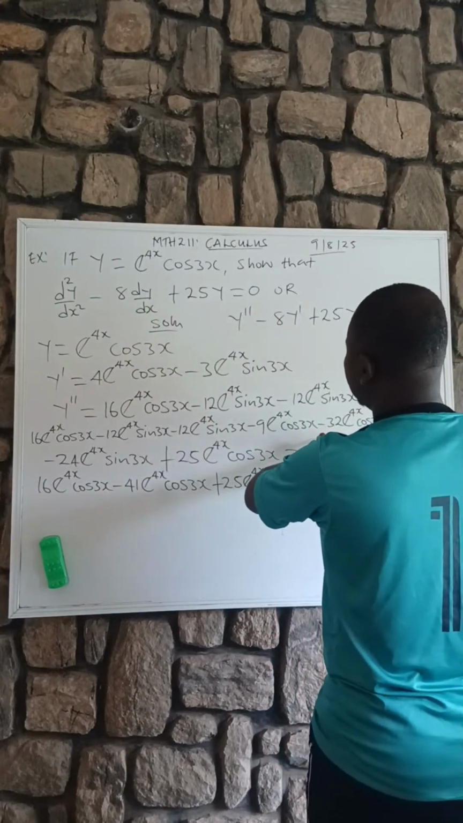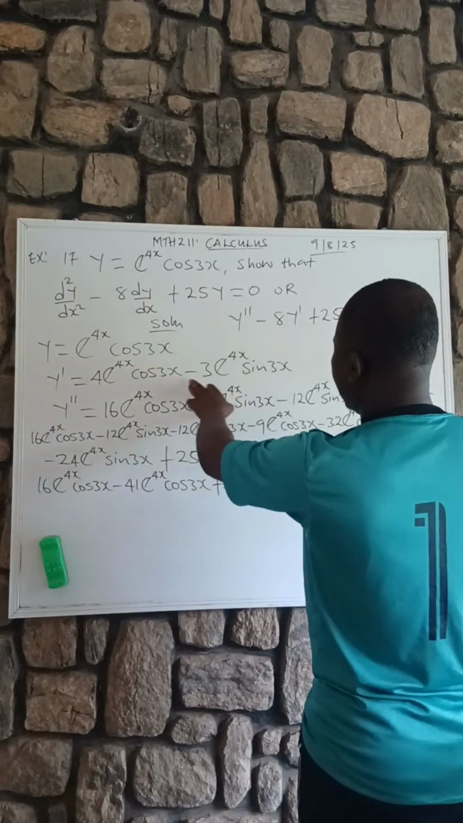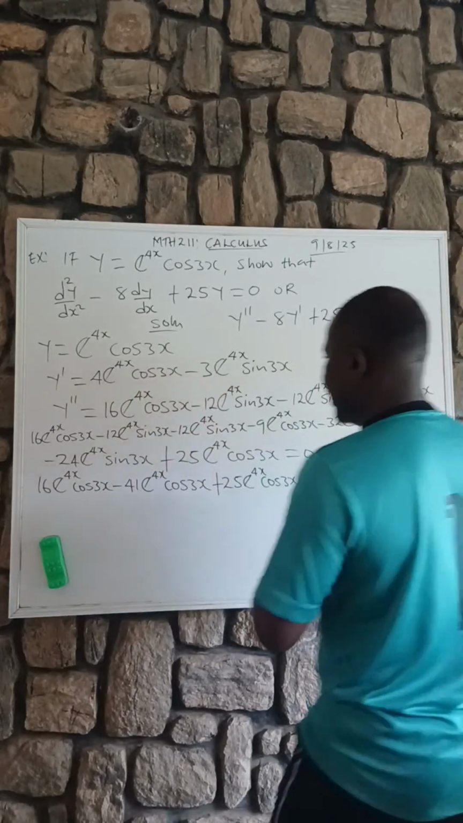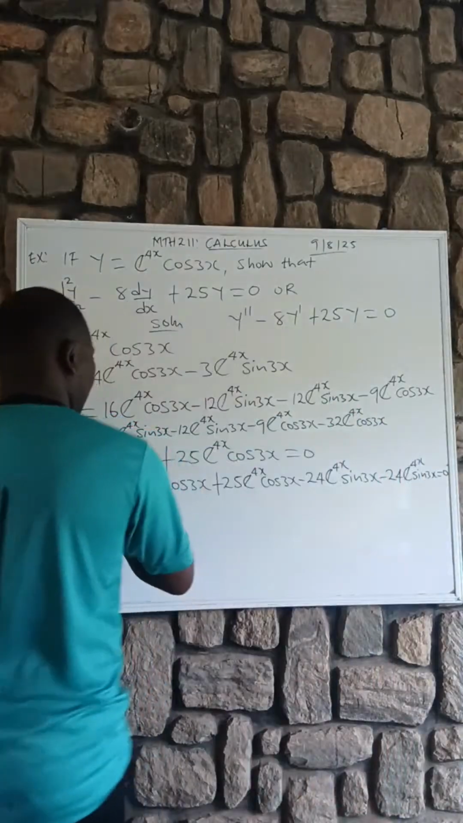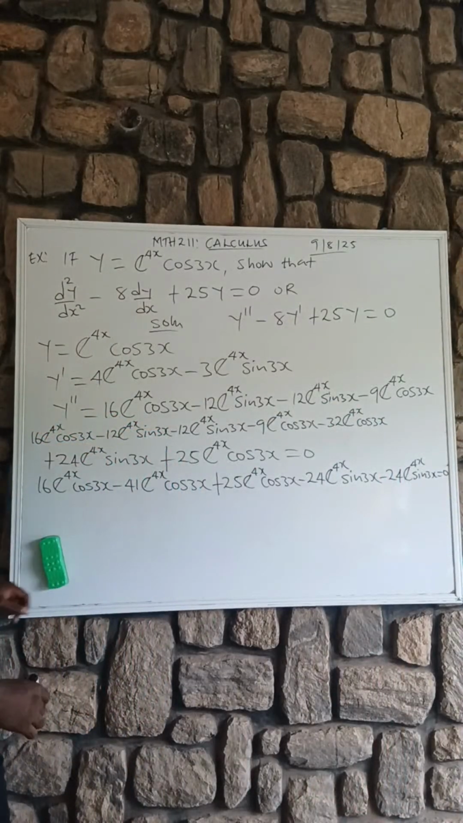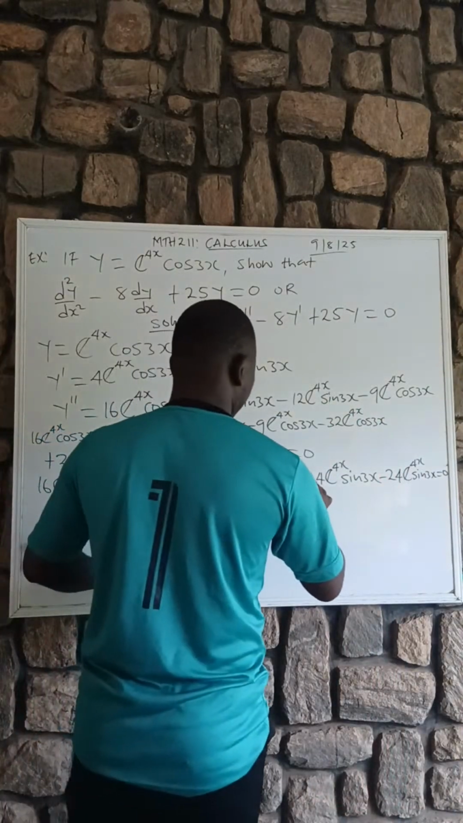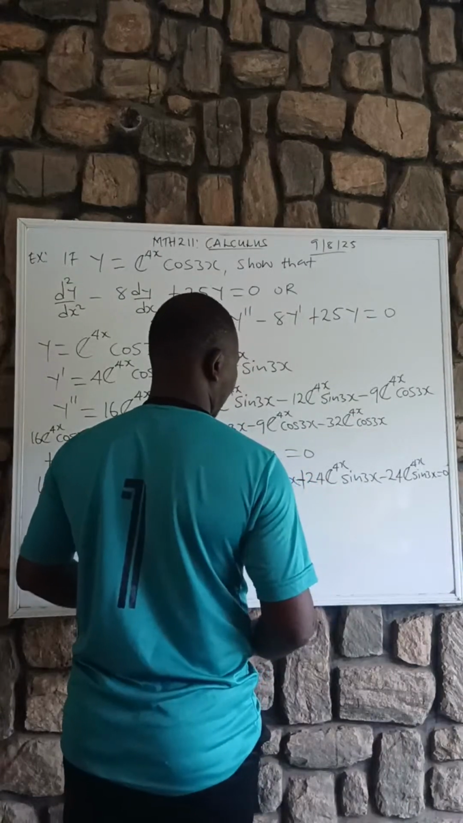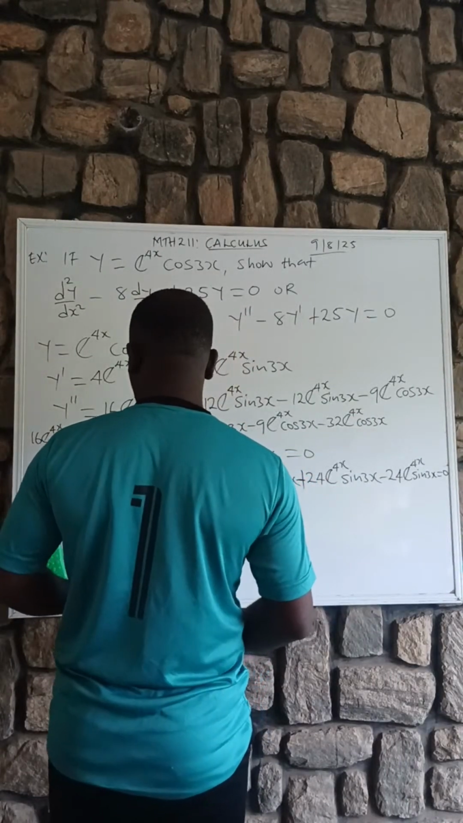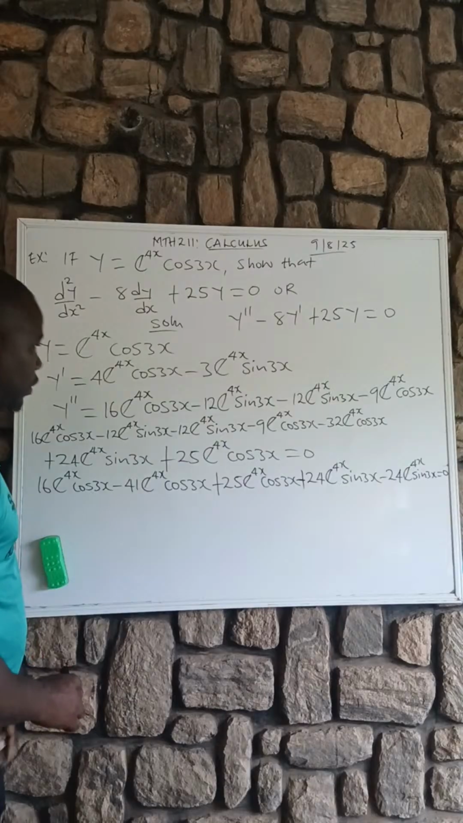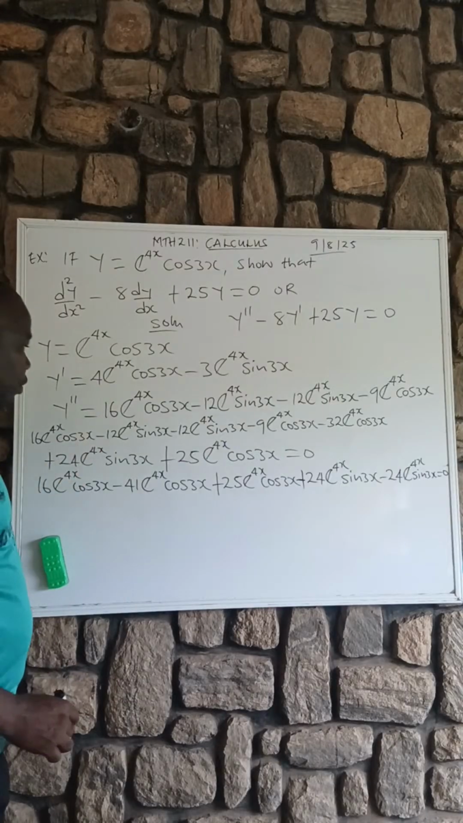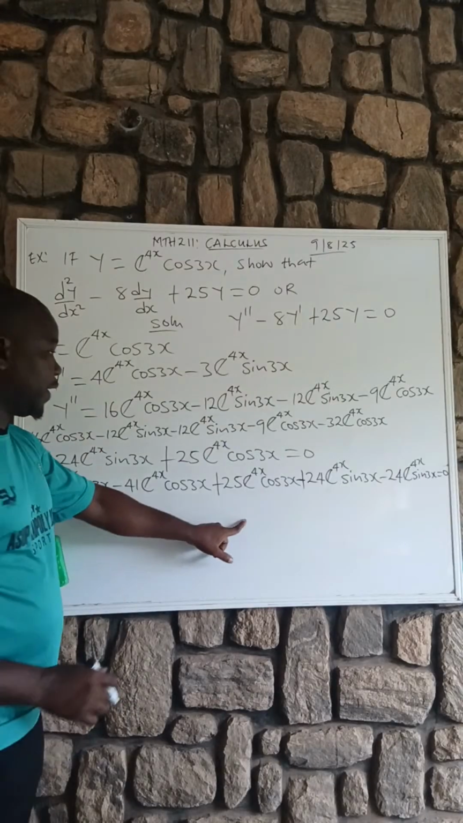Then minus this times, so here is supposed to be plus. Here is supposed to be plus. And here is plus 24. Yeah, supposed to be plus. So as you can see now,